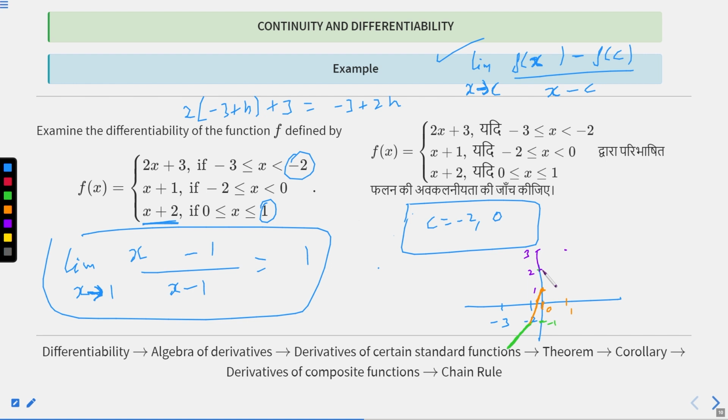So this graph, in this interval, will look like this. Okay. The graph will be like this, as you can see. Jump. This means it is not continuous at 0, as you can also see that f of 0 will be 2 and the left hand side limit will be just 1. So not continuous at 0. Okay, I hope now you can very easily find the derivative. Okay, let us move to the next.